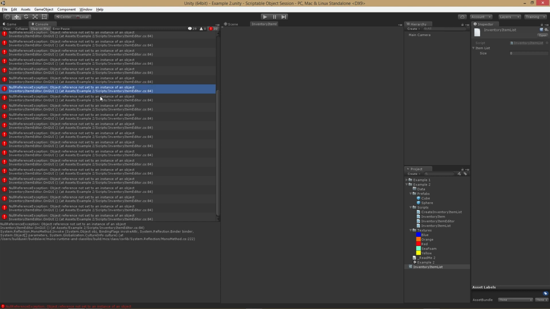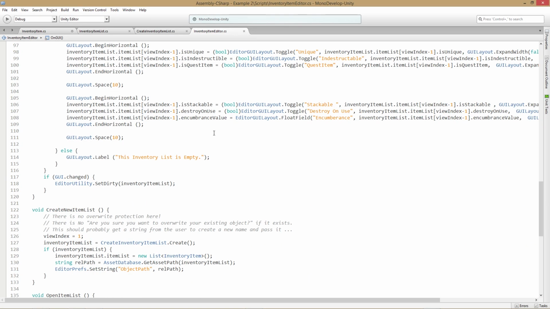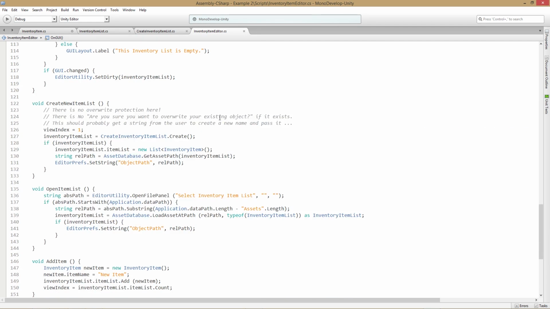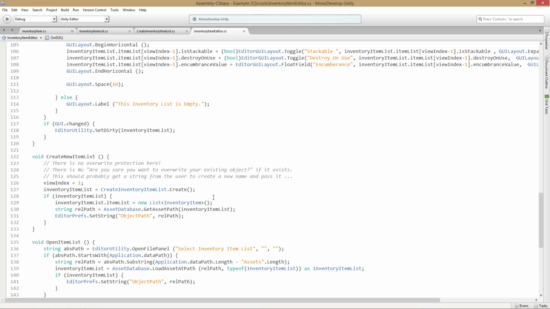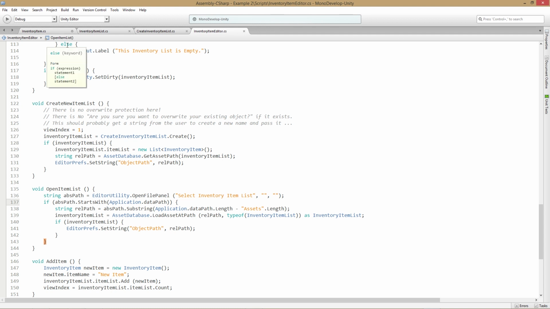Oh, what have I done? I've broken it. Now that's probably... Did I generate a new one? Let's look at the create new. Should create, because that's the instance of the list. Yeah, new inventory item list. Open. Oh, it's because I'm not opening it. Because I've created a new thing and I haven't necessarily created that new list. And if we haven't opened it in the inspector, then the inspector will create new lists automatically. But if I've just created it, haven't looked at it in the inspector,